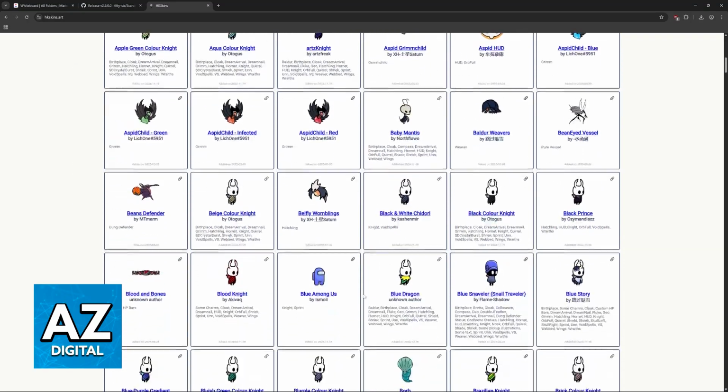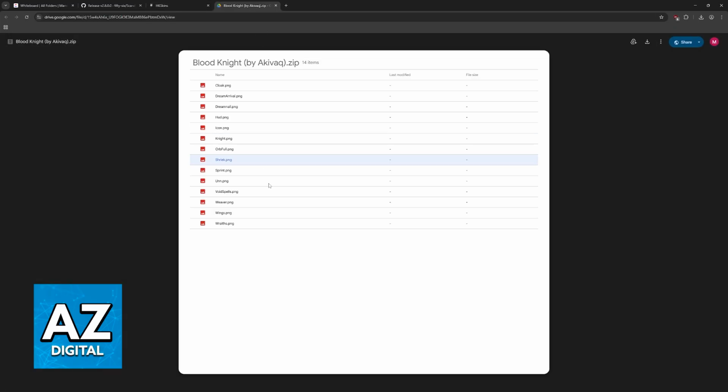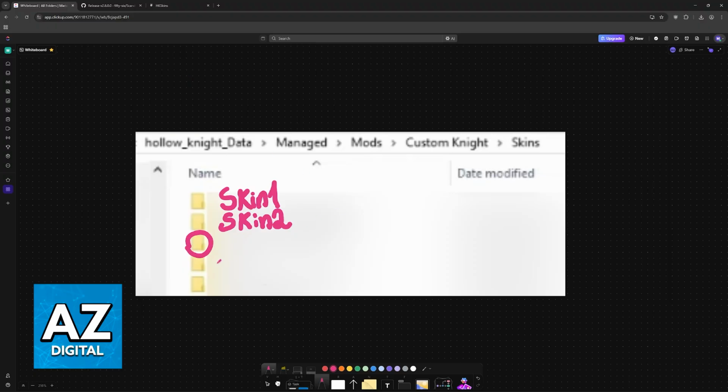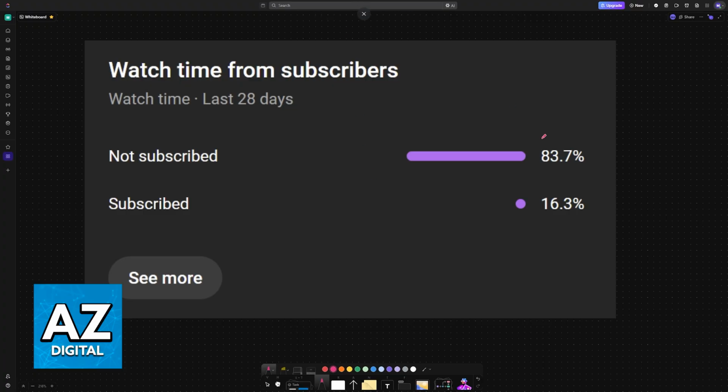You will see all of these skins available, custom ones. All that you have to do is click on them and then download the folder containing everything. Once you have the folder, place it here. Now, if you go back inside of the game, first choose Fix or Reload if you haven't restarted the game after dropping the folder containing the skin, and then it is going to appear here after you reload it. So just choose the custom skin that you dropped in that folder, and you will be able to use it inside of the game. So I hope I was able to help you.